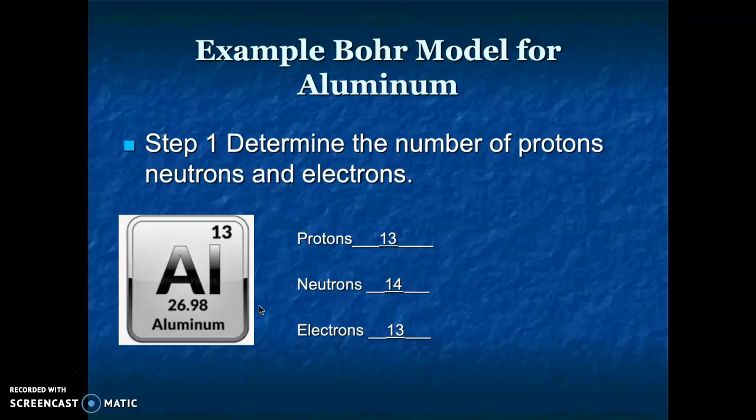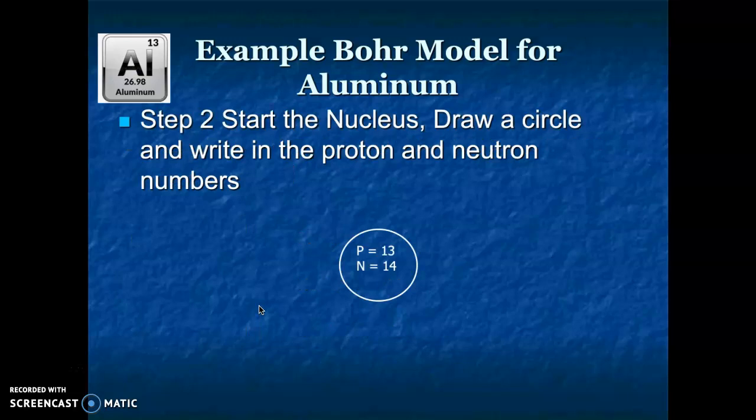So step number 1 is you look at what element it is, figure out your protons, neutrons, and electrons. Step 2, draw the nucleus. Draw a circle and write the number of protons and neutrons. From the previous page, we determined that there were 13 protons and 14 neutrons, and all you have to do is draw that one individual circle and then write P equals 13,